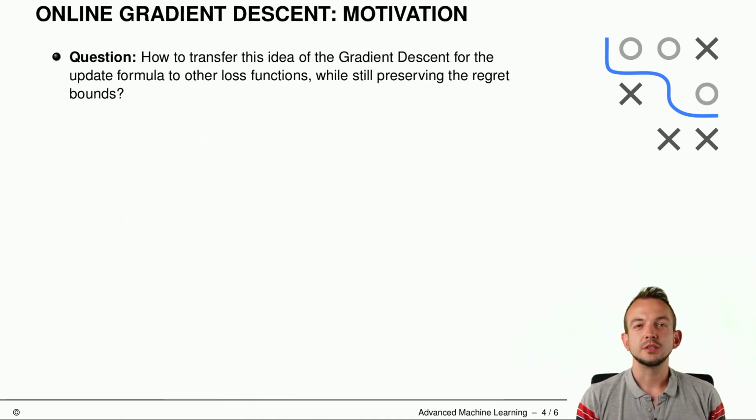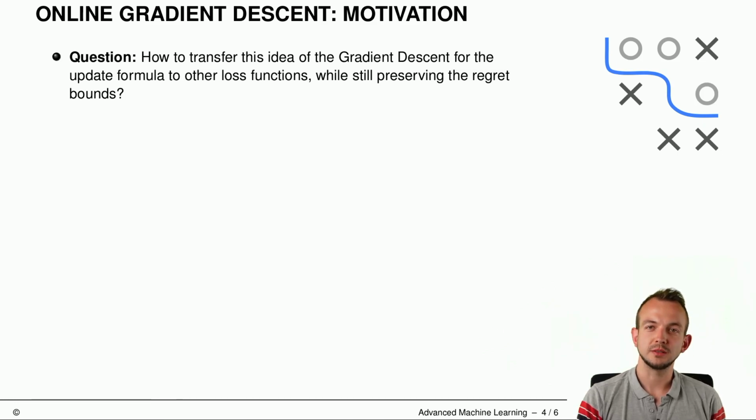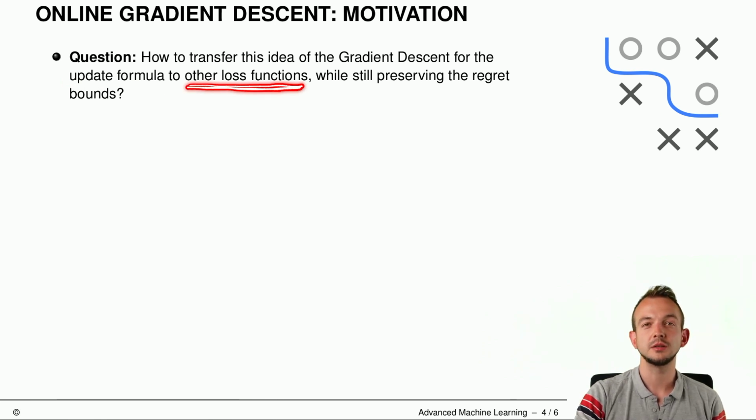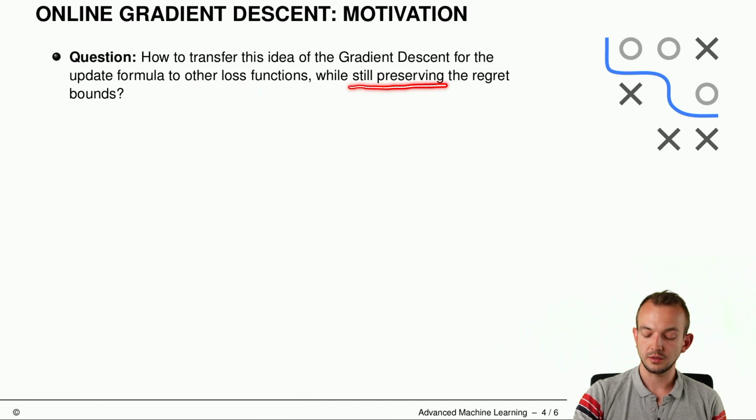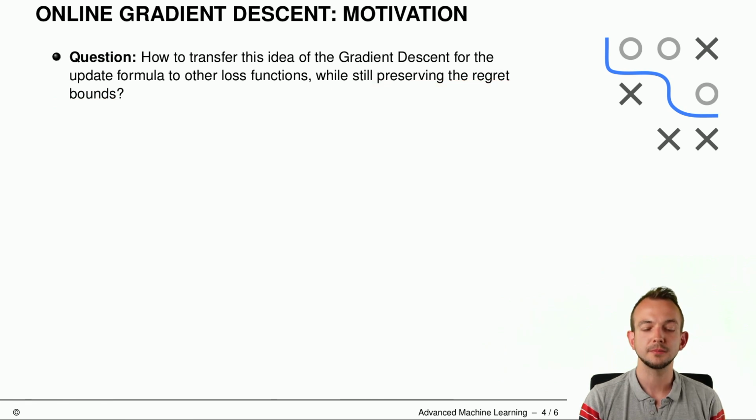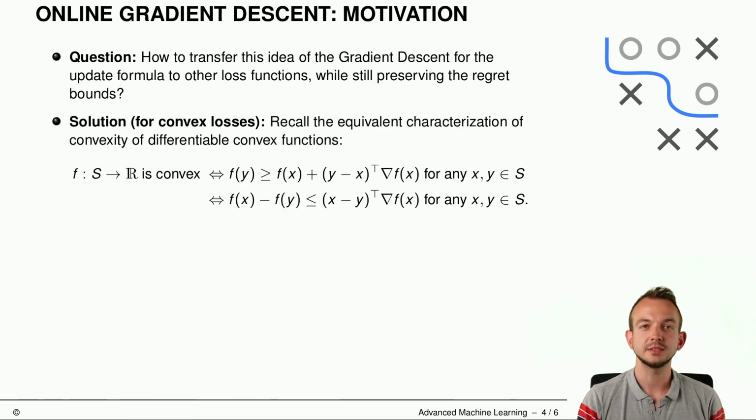And now the question is, can we somehow use this idea of the gradient descent, which we see in the follow the regularized leader algorithm for online linear optimization problems, to have this update formula for another loss function, which is perhaps not the linear loss function, and preferably also having a satisfactory regret upper bound? And the answer is yes, if we have a convex loss function, because we can recall the first order characterization